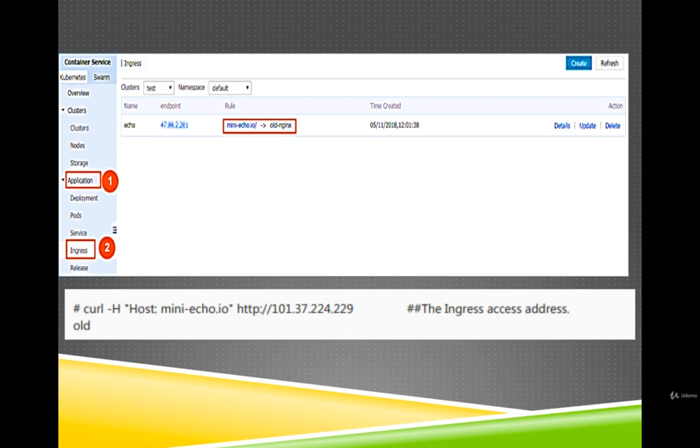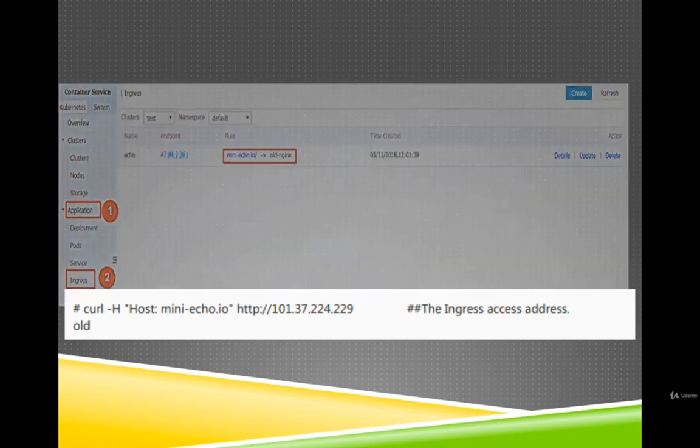Now step number 2 is to create a new deployment and service. Log on to the container service console, click Kubernetes, go to application, go to deployment in the left side navigation pane. Click create by template in the upper right corner, as you can see on the screen.